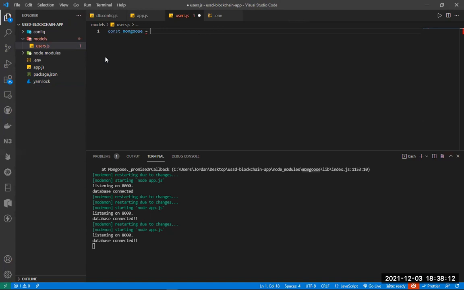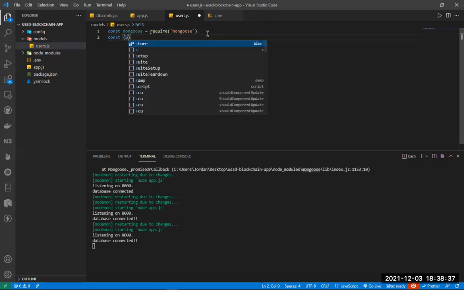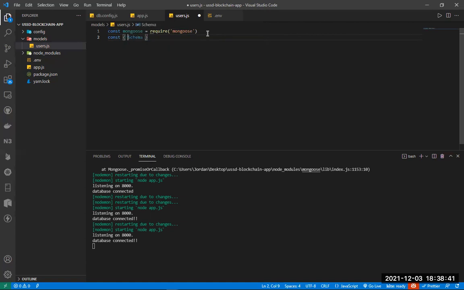It's supposed to be in quotes. Then once we require, gonna create a schema method. So this schema will be coming from the